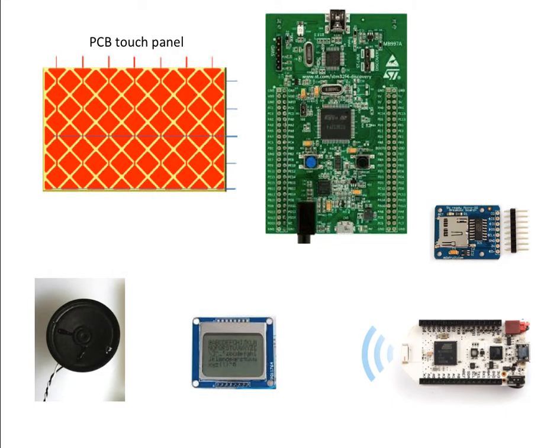Now, to compose all of this, I plan to use a PCB touch panel, which would allow the students to enter the freeform text, an STM32 to quickly scan all the touch panels to get a bit field of the freeform text that the user has input, and a micro SD card to store the matrices of the freeform texts which will be used in the principal component analysis, and also to store the audio samples,